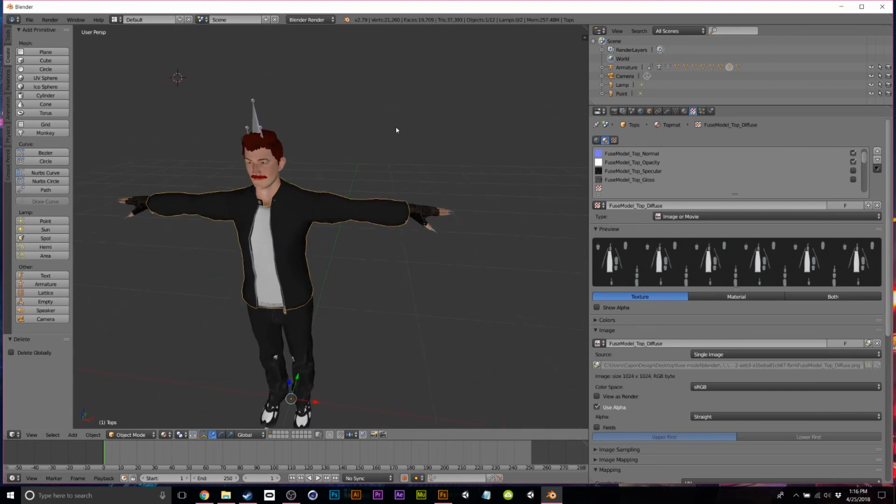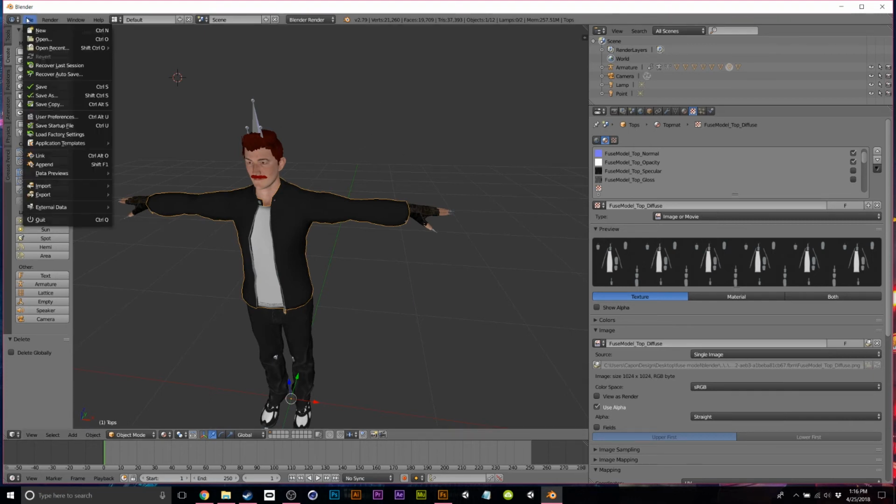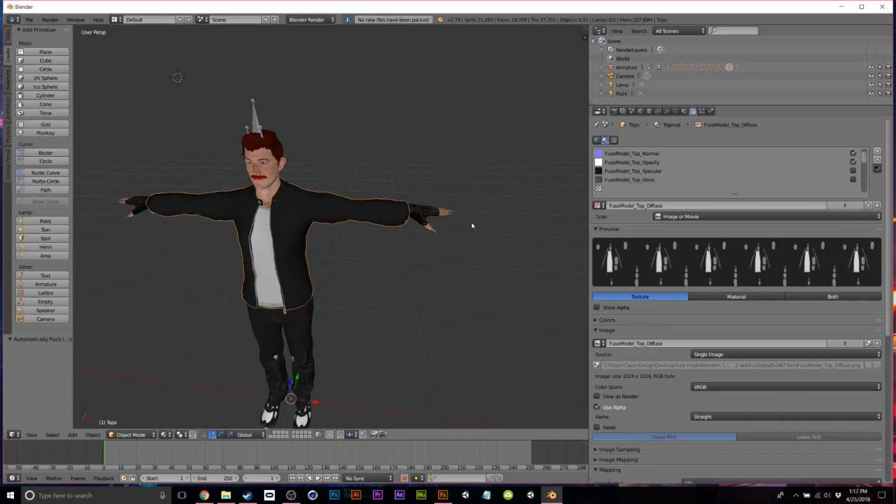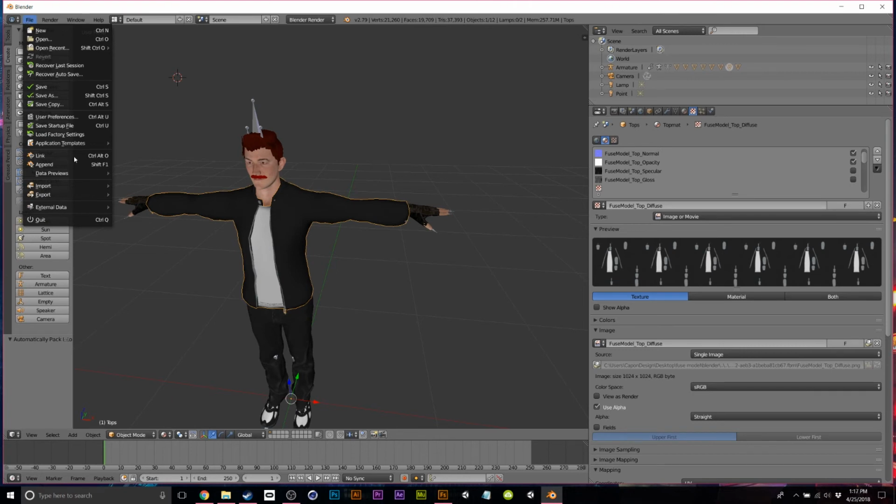And I love to use Cinema 4D for checking the textures, quickly reloading them after I've made adjustments. So from here, you would go to External Data, automatically pack into Blend. Now, if we had added new files, they would have automatically attached themselves to the model. And then if we go File, Export,